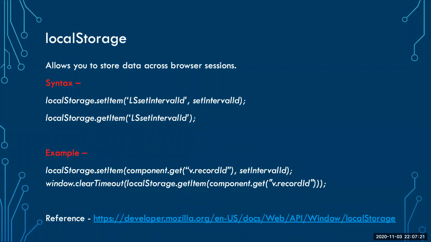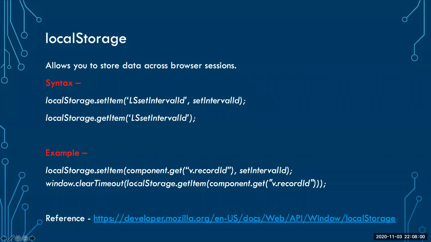It's similar to that, but this can be stored in local storage. As the syntax states, the first thing we need to do is set. I think in Apex we use add and put and get, right? Similar to that, for local storage we use something called setItem, and first will be the string variable against which you want to store the set interval ID. Later you can access that particular ID using getItem. That way you can access the ID of the set interval.